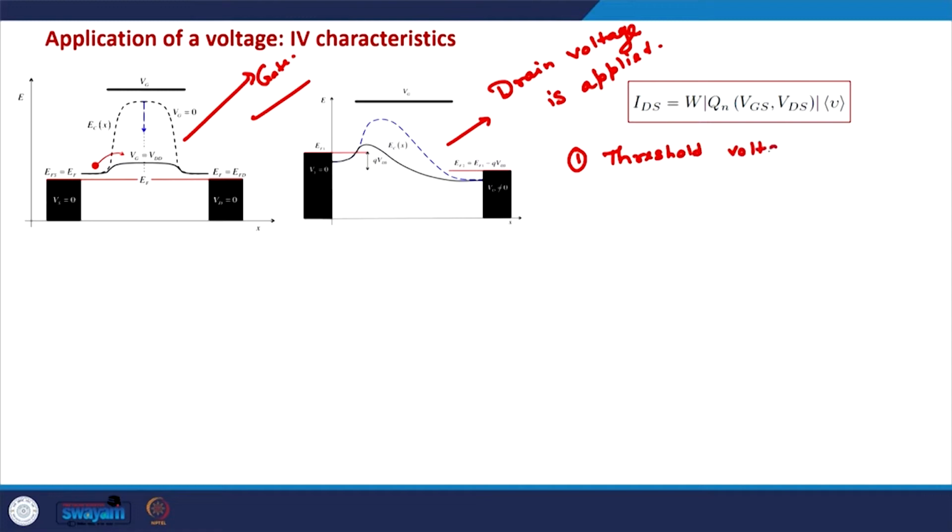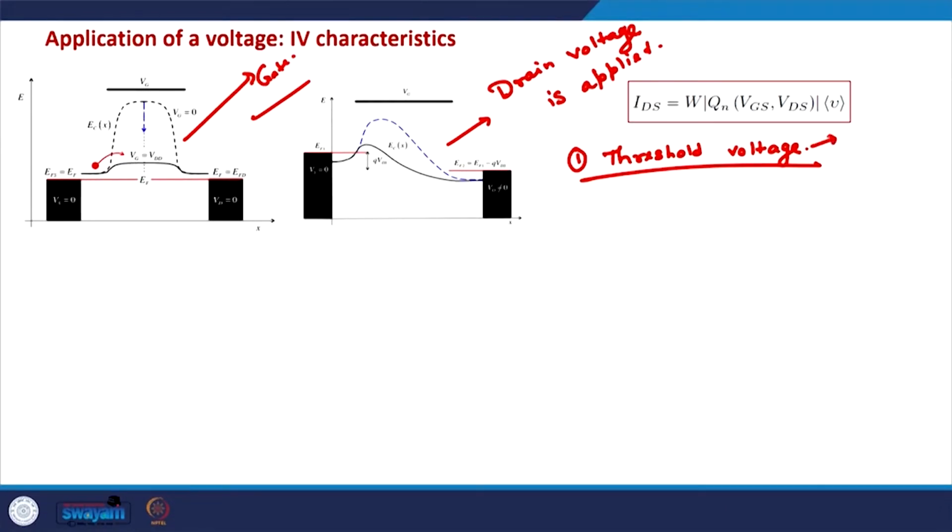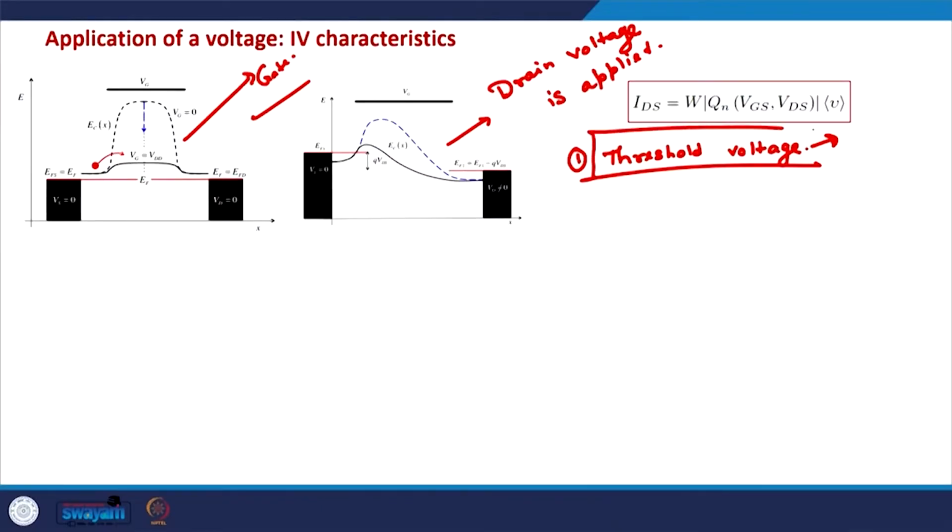So the threshold voltage is the gate voltage at which the conducting channel starts to appear in the MOSFET. This is the voltage after which conduction can take place through the channel, so the electrons can conduct from the source to the drain via the channel once the gate voltage is above the threshold voltage in the MOSFET. So this is an important quantity,